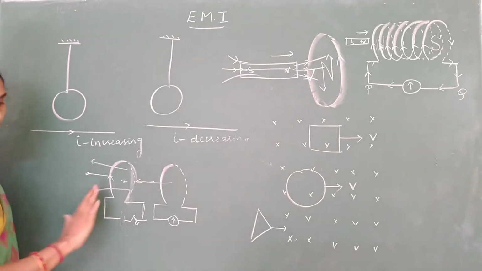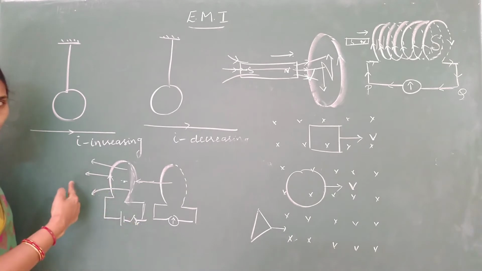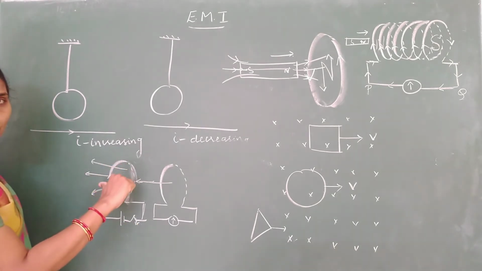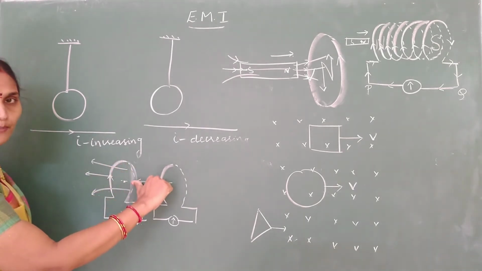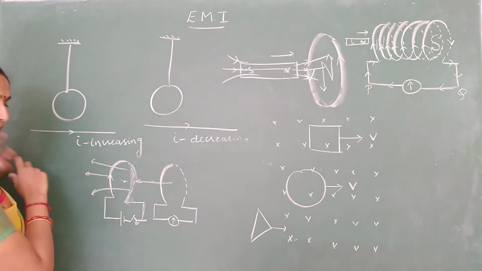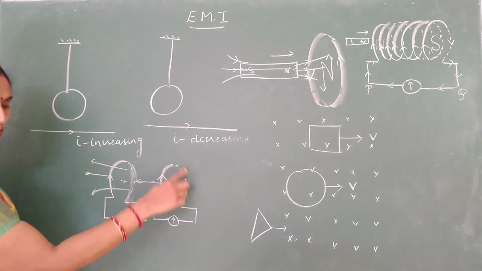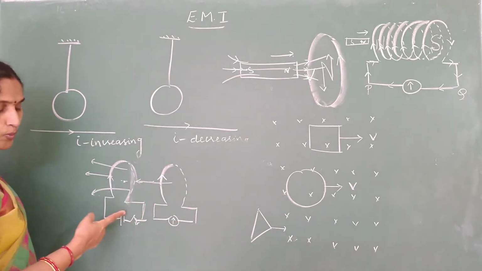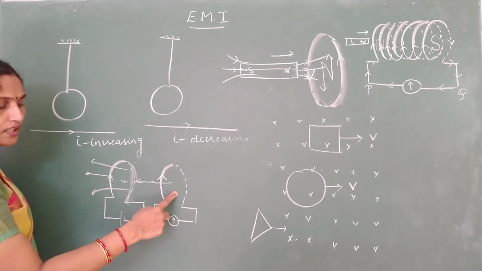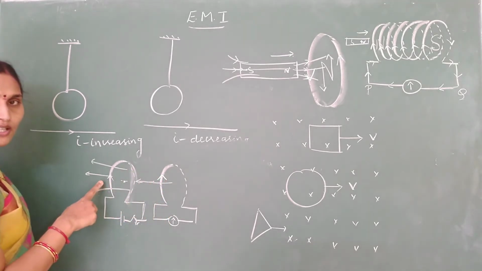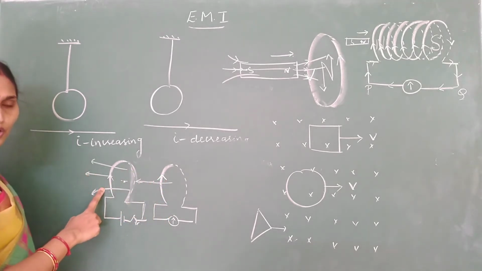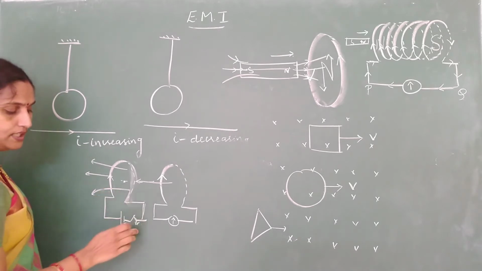Again I am repeating. Magnetic flux is directed this side. When you are opening the key, flux is going to decrease. Just now I told you, put your thumb in the direction of flux. If it is decreasing, do not invert your thumb. Curl the fingers. This will be the direction of induced current. So when you open the key, current in the second coil will have the same direction as that of current in the primary coil.